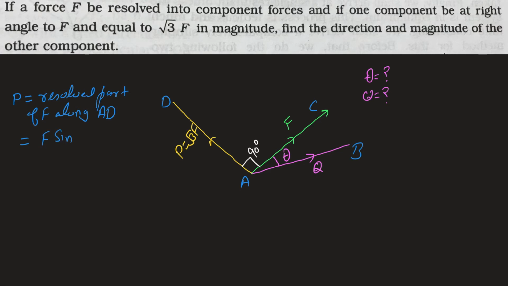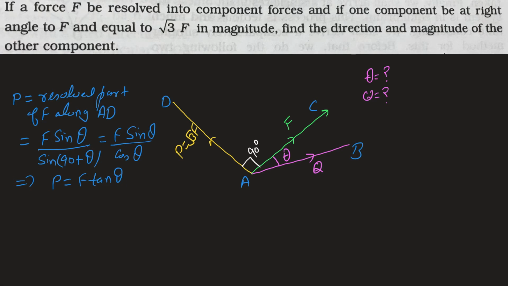sine of the other angle. Now we are talking about the resolved part in this particular direction. So 90 degrees is the primary angle. The other angle is theta. So it will be sine theta divided by sine of 90 plus theta. This is equal to F sine theta. Sine of 90 plus theta, sine in the second quadrant is positive, so this will be cos theta. So this implies that P is equal to F tan